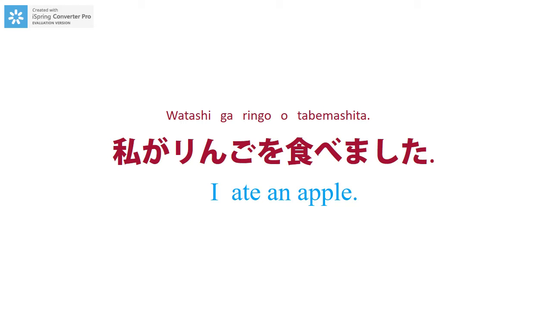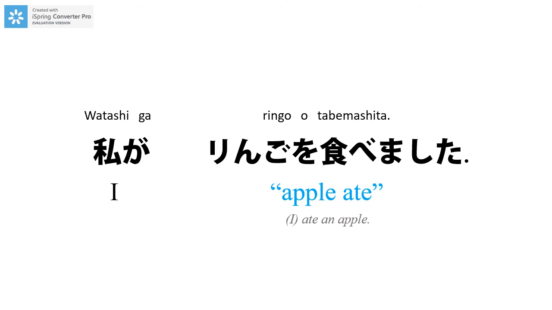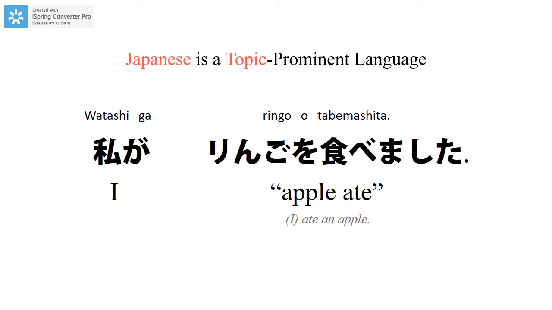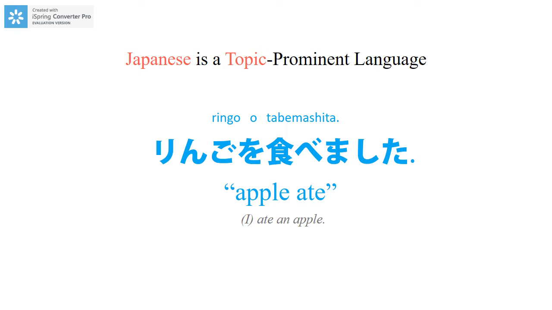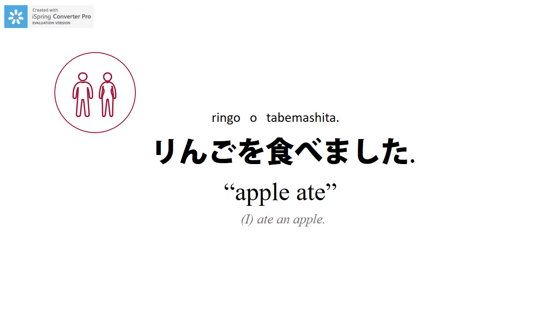Watashi ga ringo o tabemashita. Instead, you would more likely say apple ate in Japanese. Ringo o tabemashita. Since Japanese is a topic-prominent language, the information to be shared is the act of eating the apple. Less important is the subject, which is omitted altogether. Most Japanese sentences are constructed and spoken like this in real life. In most situations, such as one-on-one conversation, it's clear that the person who's speaking is the subject. In cases where it's obvious who or what the subject is, it's almost guaranteed that the subject will be omitted, and so you're left with